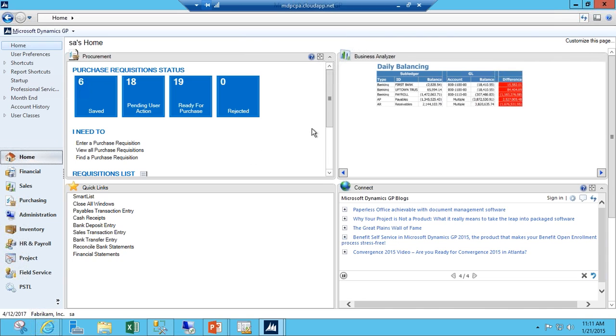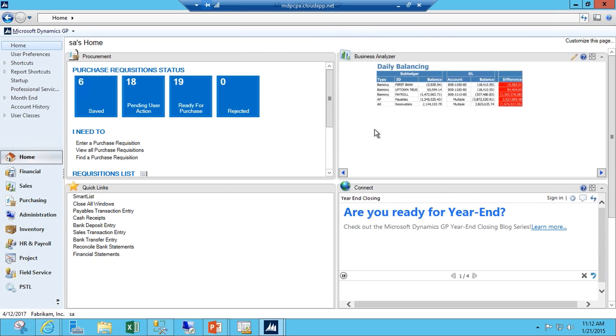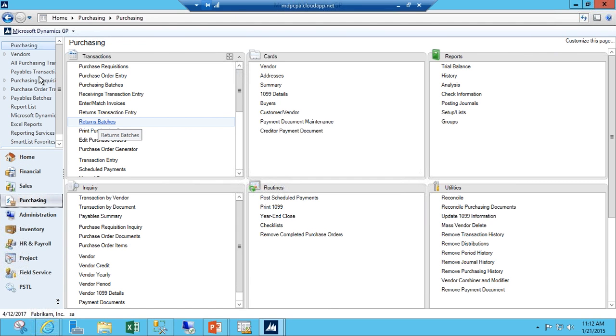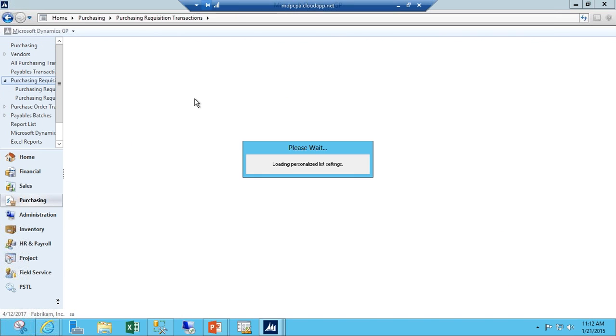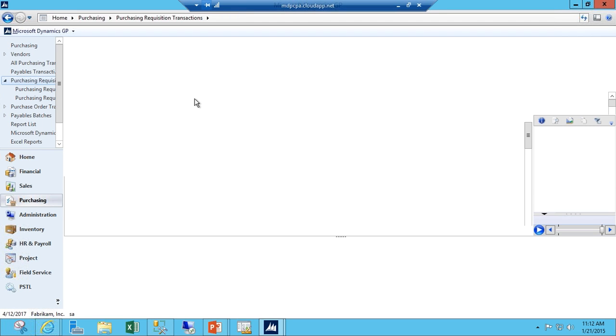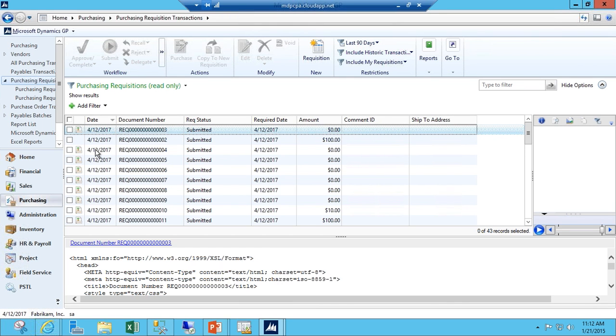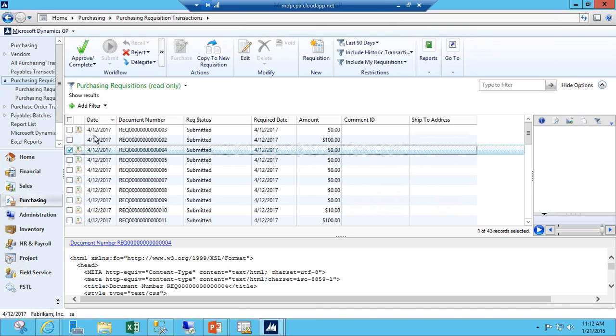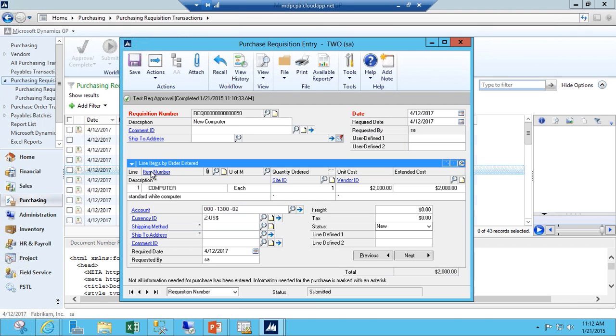So you saw I approved that via an email. I can also approve via a smart list, via a navigation list. So if I come to purchase requisitions here, I could pick one of these items if I wanted to and approve it from there. Or if I go ahead and we'll just open up one of these items, if I actually pull it up,